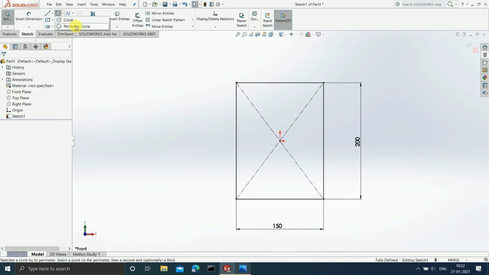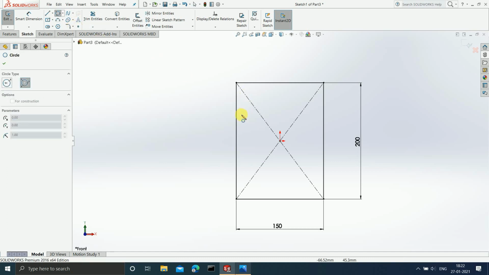Why? Because if I choose the normal circle command, then I do not know where the center of my circle should be. But if I choose the perimeter circle command, I know that the circle is touching the rectangle at three different sides. Okay, therefore I will choose perimeter circle. I will click on the first side, I will click on the second side and I will now click on the top side.